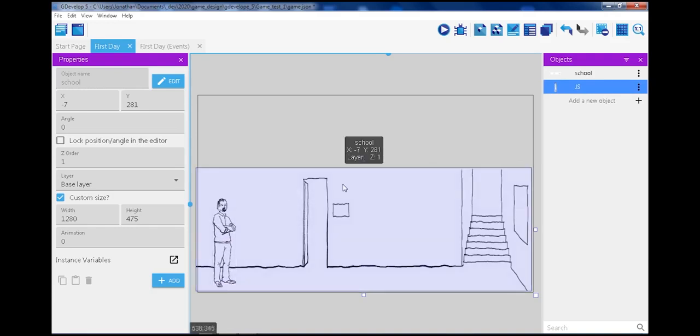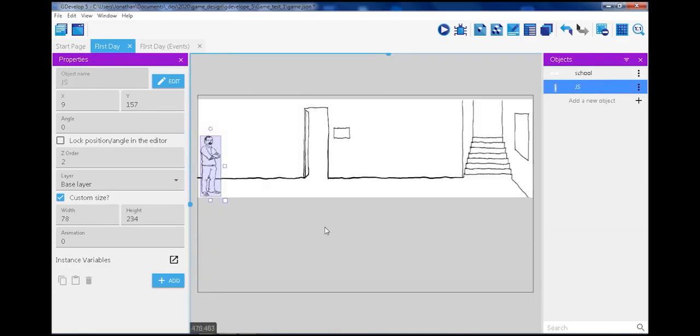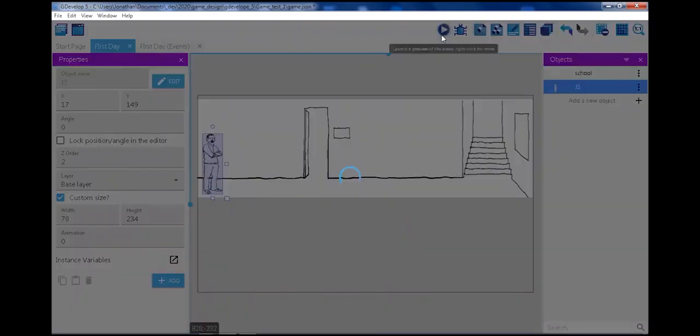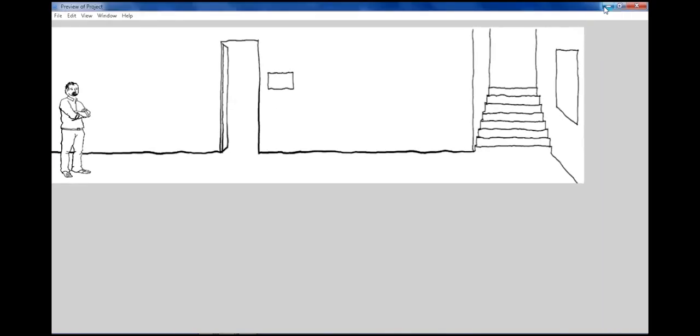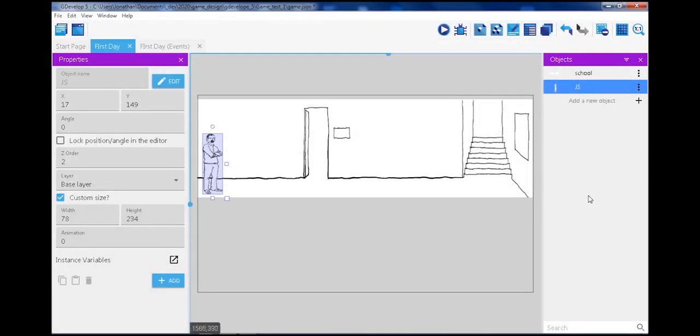And up top, I'm going to slide everything up while we're here. Again, I would normally fill this with an entire screen. There's our preview, and he's doing nothing. So it's only showing the very first object, which is animation 0, which is just the dude standing. So now we have some events to apply. And this next tab is called Events for this stage. So if we click the Events tab,